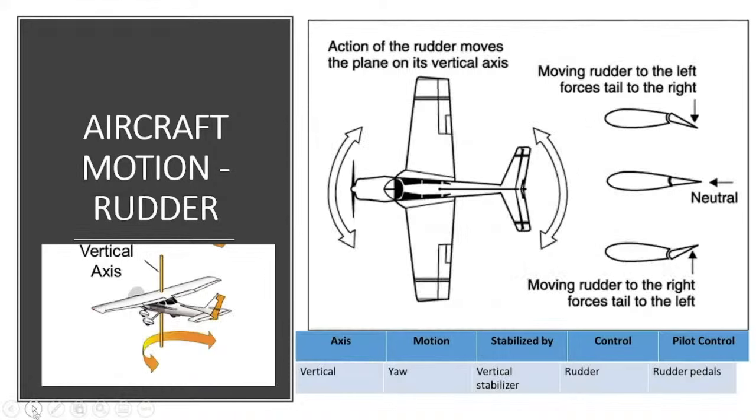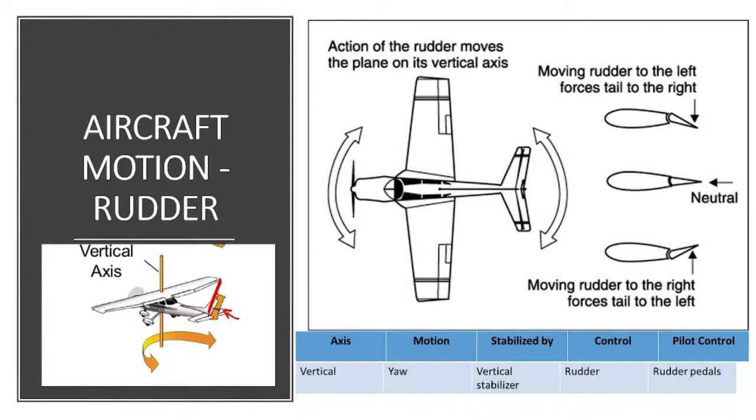Then we have our rudder, which we're going to talk a little bit more about, and you'll get a better idea of how to utilize the rudder on Wednesday. But this is going to allow you to yaw, and this is based off of our vertical axis. We don't use the rudder to turn. We primarily use the rudder to stay coordinated in flight. Very simply, it is attached to the vertical stabilizer there. In this case, it's the very tail end, that little yellow or orangish part that we see sticking out. The way that we control our rudder is, unlike a car that has a gas or a brake,